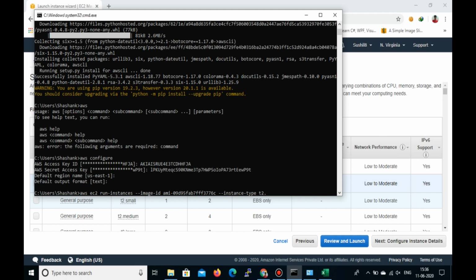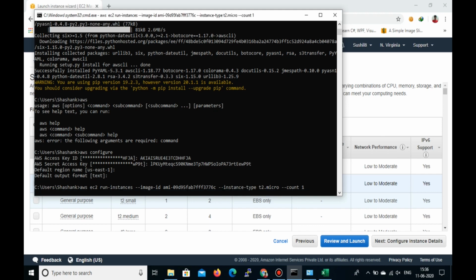Here I am going to take t2.micro. Now, how many instances do we want to create? For that we have to give the count here. I'm just going to create one instance, so I'm giving one. Now you can press enter.